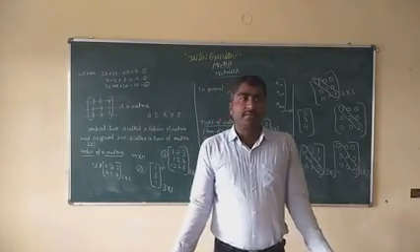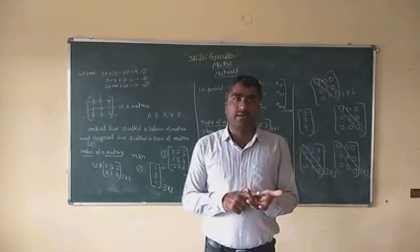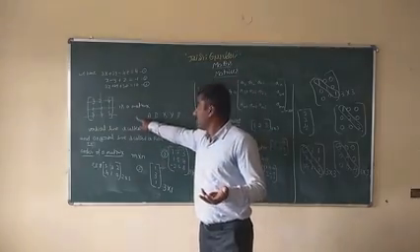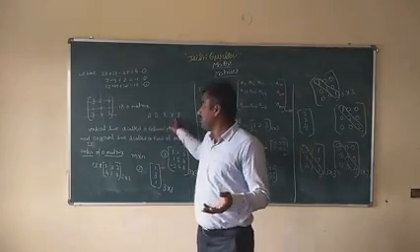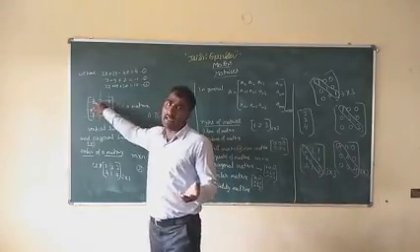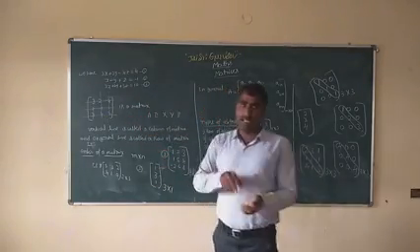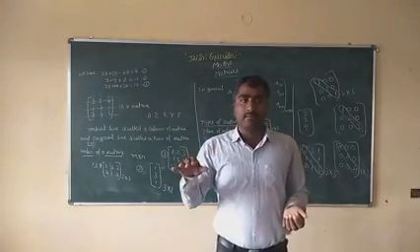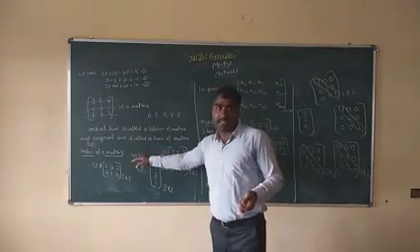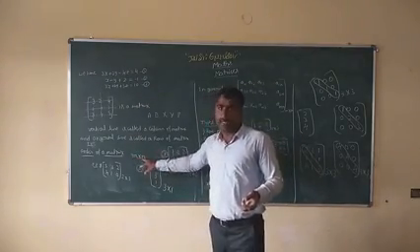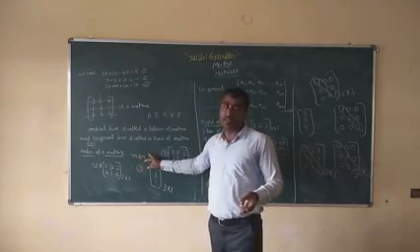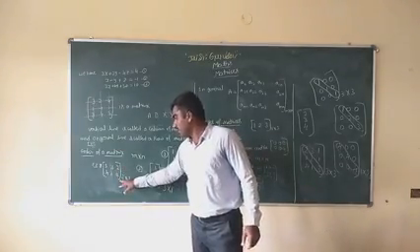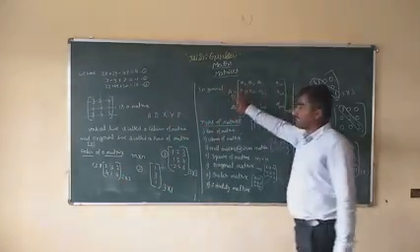Okay, what did you learn in this class? Definition of a matrix: it is a rectangular arrangement of numbers. It is denoted by capital letters A, B, C, and the numbers inside the matrix are called elements. A vertical line is called a column of the matrix. A horizontal line is called a row. Order of a matrix is denoted by M cross N. M indicates the number of rows, N indicates the number of columns. So it is 2 cross 3 because there are 2 rows and 3 columns.